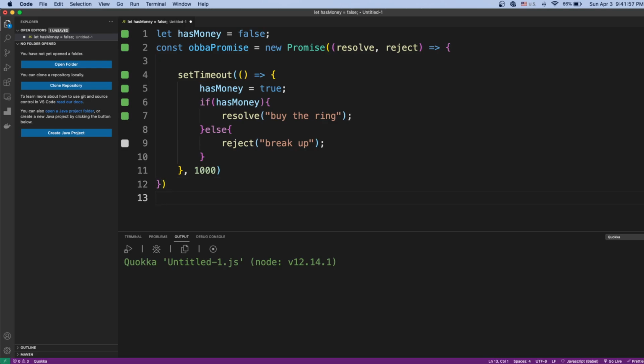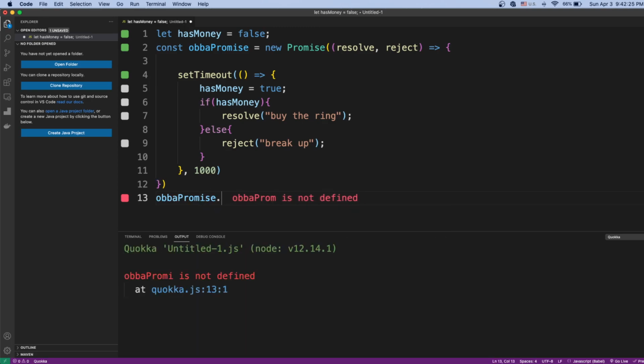Just like the real world, there's two directions this promise can go. One is that this promise has been fulfilled. The second direction is you cannot keep this promise. So promise will have two methods. One is the .then method. oppaPromise.then